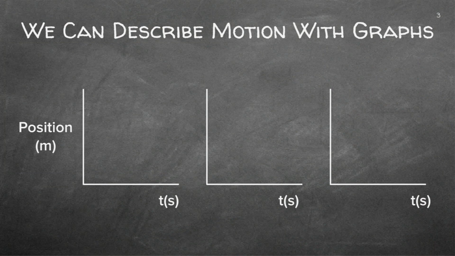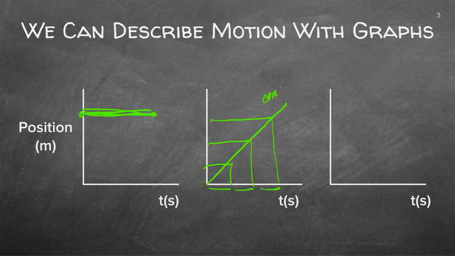We can get a position graph that looks like that. That will mean the position stays the same even if the time carries on, and the time is going and the time is going, but I'm still standing at that point, which means I'm stationary. This graph will mean that you are changing your position constantly, but it's at the same intervals. So you're actually walking one step and another one and another one. So this is a constant change.